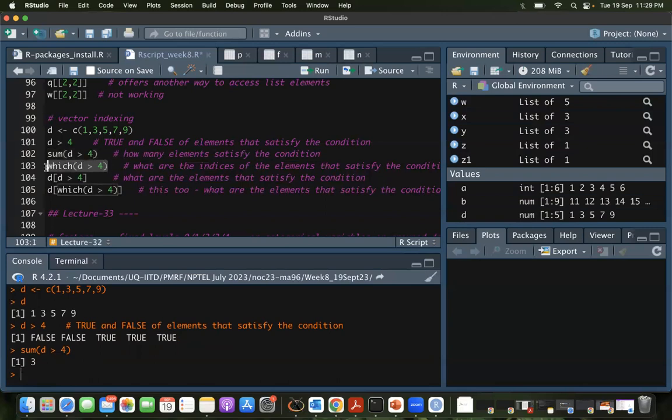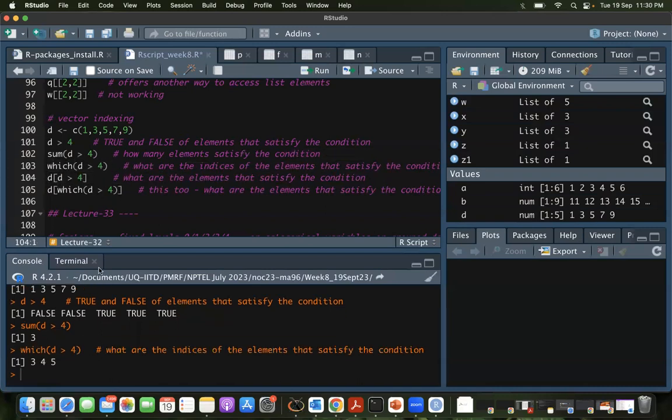And if you want to identify which elements these are, rather than what positions these elements are at, so what are the indices of the elements that satisfy this condition, then you say which. So it's the third, fourth, and fifth element that satisfy the condition. Now, if you want to know the exact value, that is, if you want the third, fourth, and fifth element,